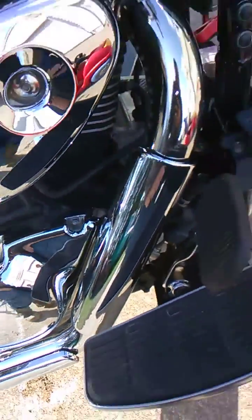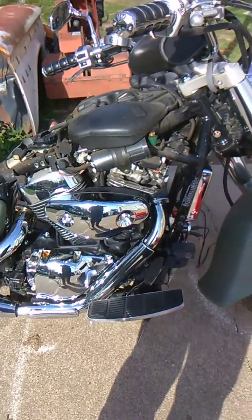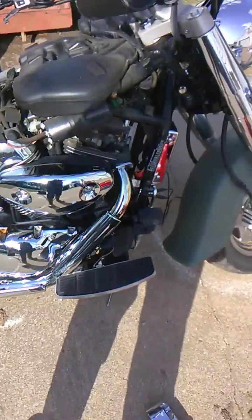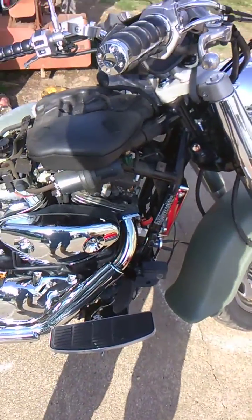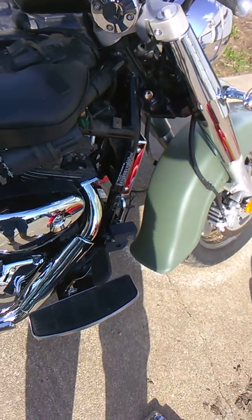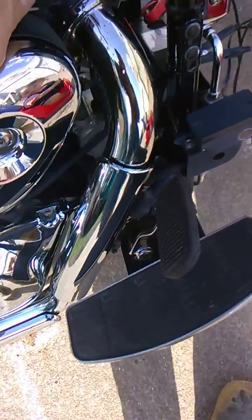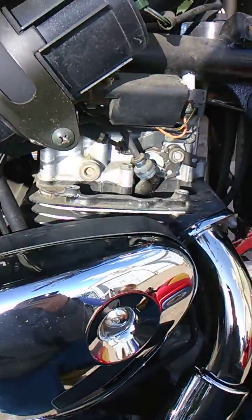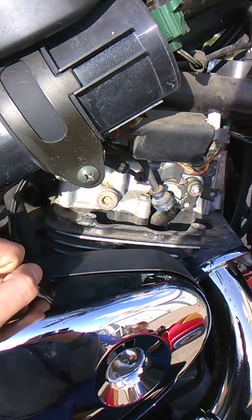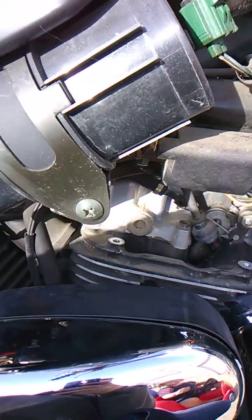Hello everybody, this is my Suzuki Boulevard C90, and just like everyone else's, I probably have that no start after riding it. Well, the problem that I found is there is a decompression valve. My bike is dirty. It's very dirty because last time it didn't want to start. I just left it sitting. I was pretty upset. But besides that,